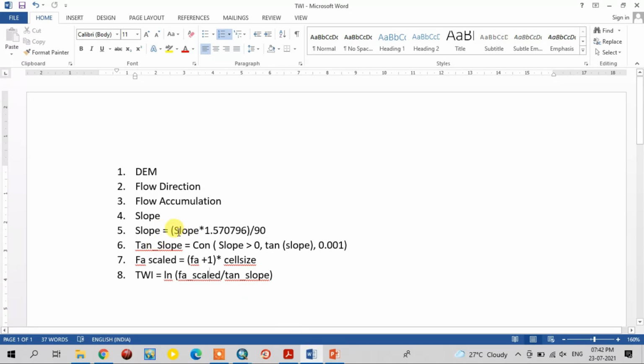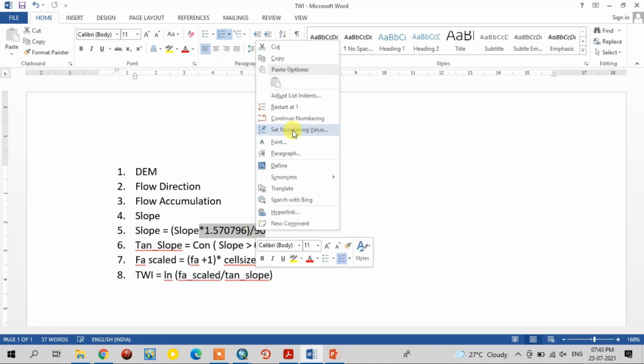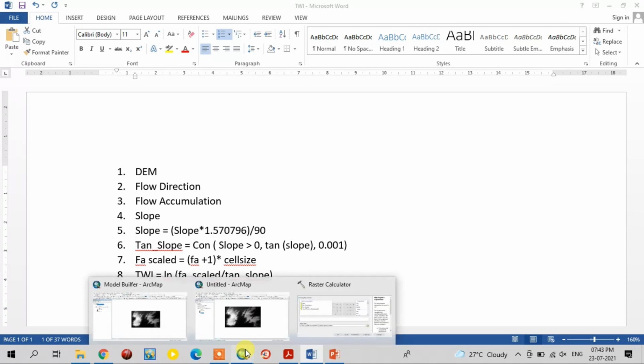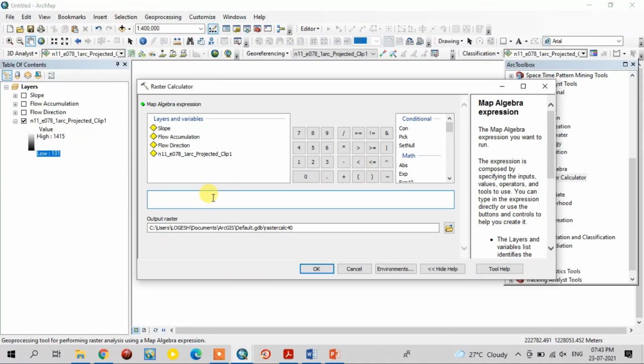Here, run this step. See, slope into 1.570796 divided by 90. This is the formula. I'm just copying this. We need to multiply using slope data.